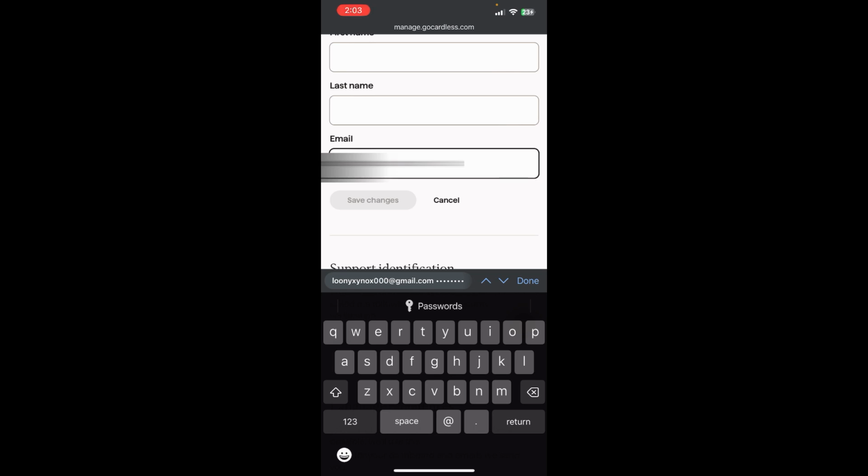Once you do that, you can simply tap on save changes, and yeah, you will be able to change your email address successfully once you verify yourself. So basically this is how you can change your email address on GoCardless,